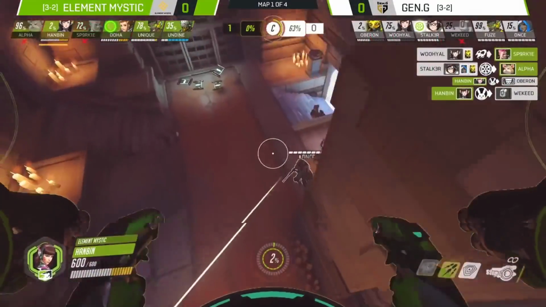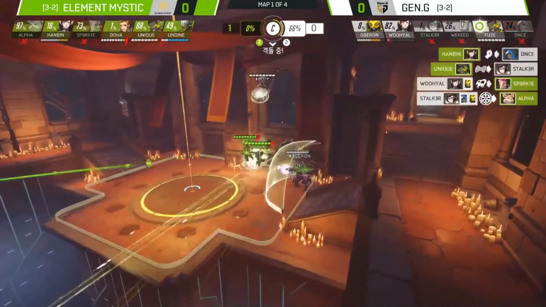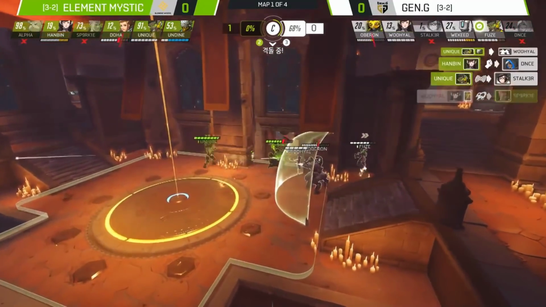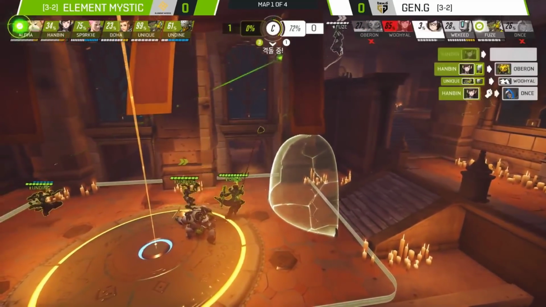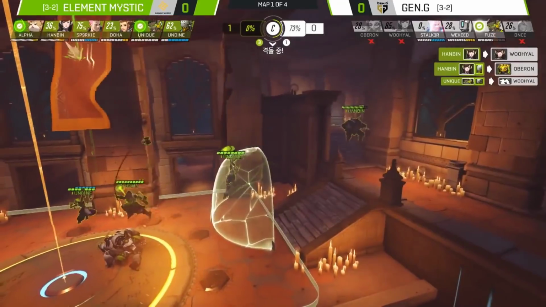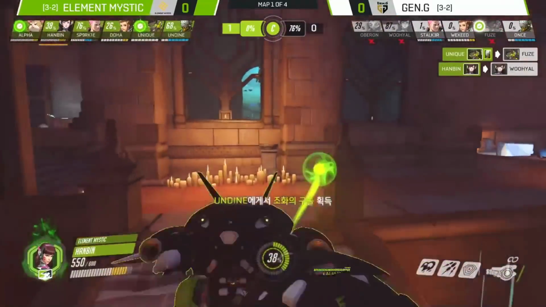Hanbin managed to sneak that one round the corner, although the rest of his team might be in a little bit of trouble as Stalker does use that Blizzard. He's going to be able to circle around this Ana and take her out. Element Mystic have a man advantage, but do they have the damage? Great timing of the defense matrix there, eating up that sleep dart, and Gen.G, they were trying to brawl out really hard here, but eventually Element Mystic win this one out,